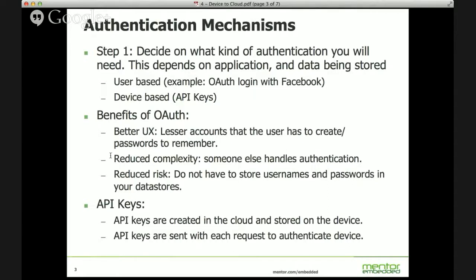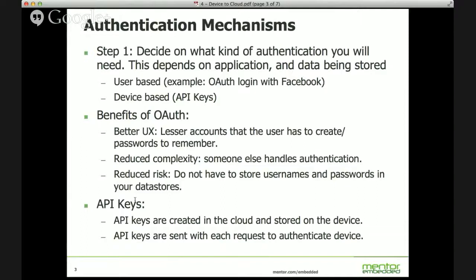Like let's say you have a LinkedIn account or a Facebook account. If you're building social applications, so let's say you're building an application for a weighing scale, you probably want to connect that with an account that you already have, like Facebook or something like that. From an implementation perspective, it reduces complexity, and also from a risk perspective, you as the owner of the web services don't have to store additional usernames and passwords in your data store and worry about getting hacked and things like that. On the flip side, and this is probably more popular, is device-based, so API keys that